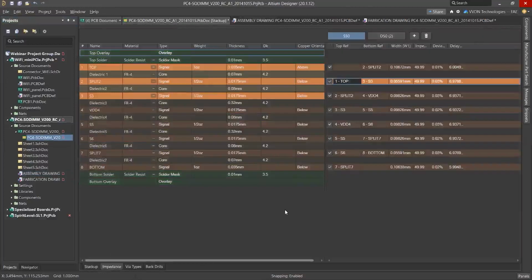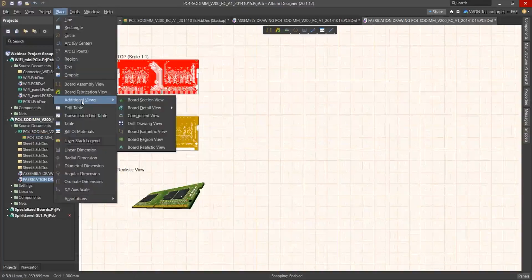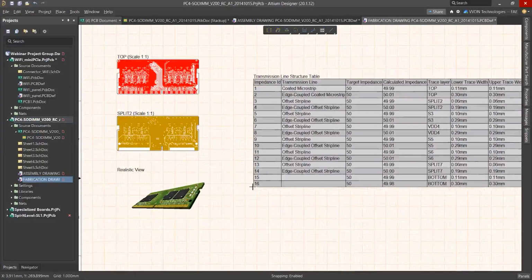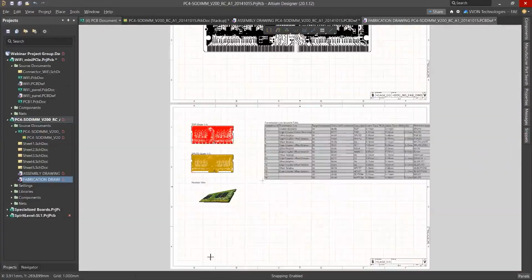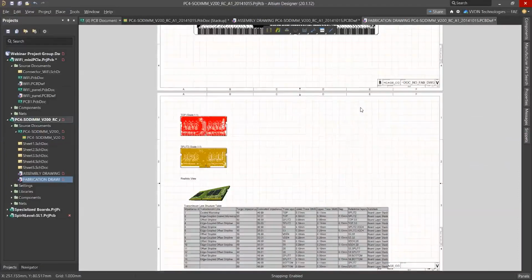Yes, you can place the impedance table. In the latest version, you are able to place that. It is the transmission line table. Here you can see all the impedances, the track widths and everything. Okay.